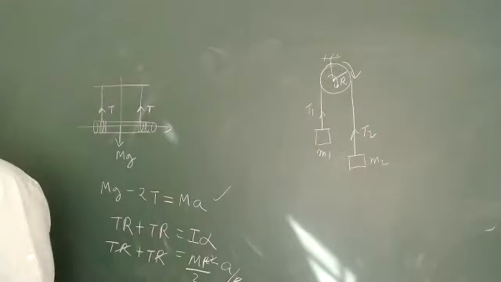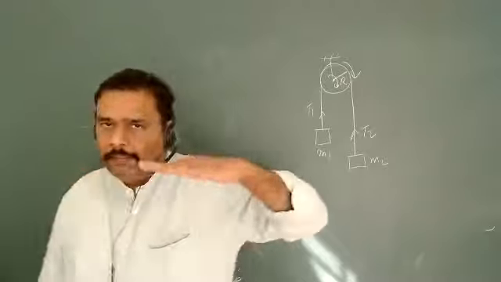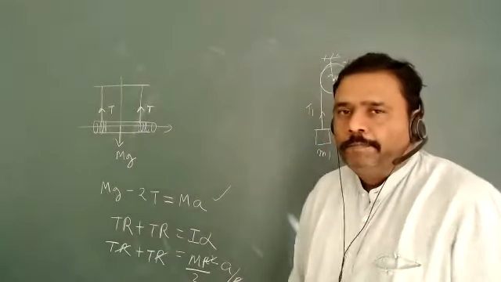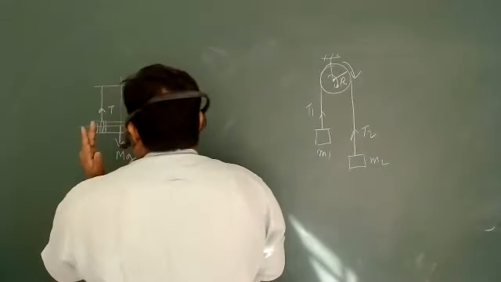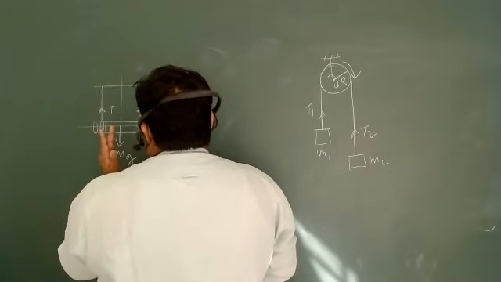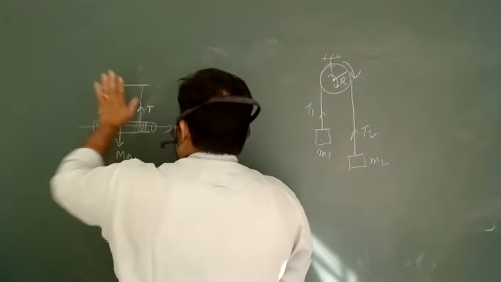And what about torque? Sir, in the first question, the cylinder was not rotating. The cylinder was rotating. Yes, it is just rotating and going downward. But sir, everything was uniform, symmetric on both sides. Yes, exactly. Then only you will have the horizontal position. Yes sir, everything is symmetrical. The number of turns is symmetrical. The distance from the center of this string is the same. This is uniformly distributed. This is massless. So everything is the same.